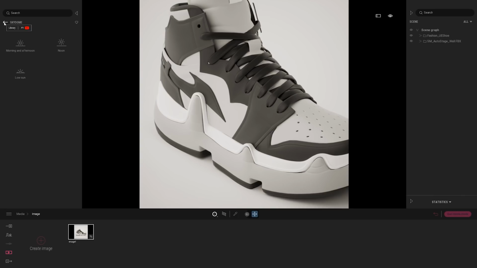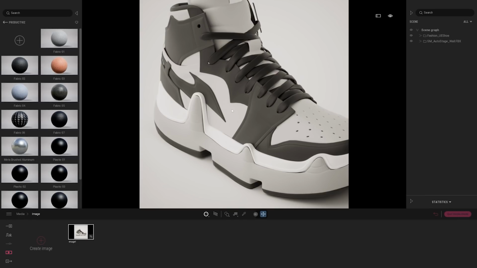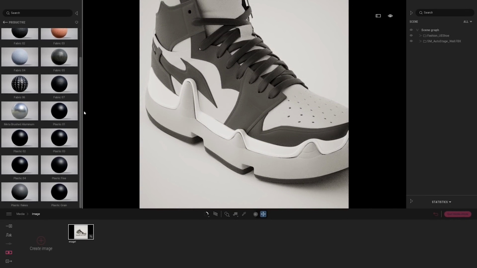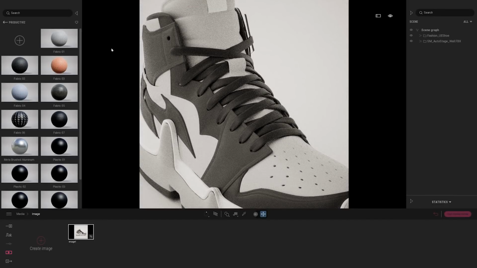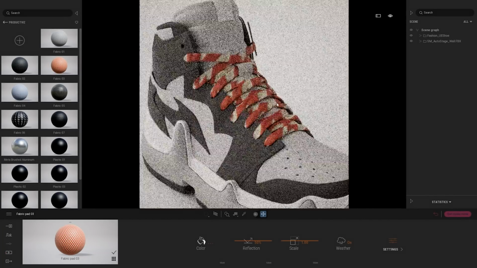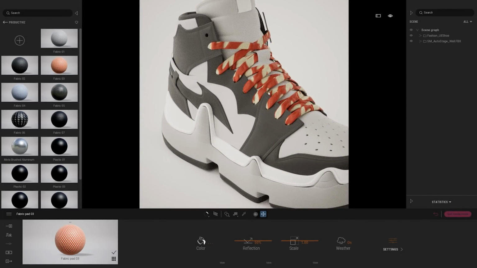In my case, I found the materials on the Grayscale Gorilla library, and I simply imported them and saved them inside my user library. So here I'm going to my user library, product viz, that's the folder I created, and here I just saved a couple of materials. Let's start by, for example, dragging that fabric material onto my lace. Right now, the scale of that material is too big, so I'm just going to diminish the scale over here. Still too big, I can manually type a value that is below the minimum value of the slider. Something like that.